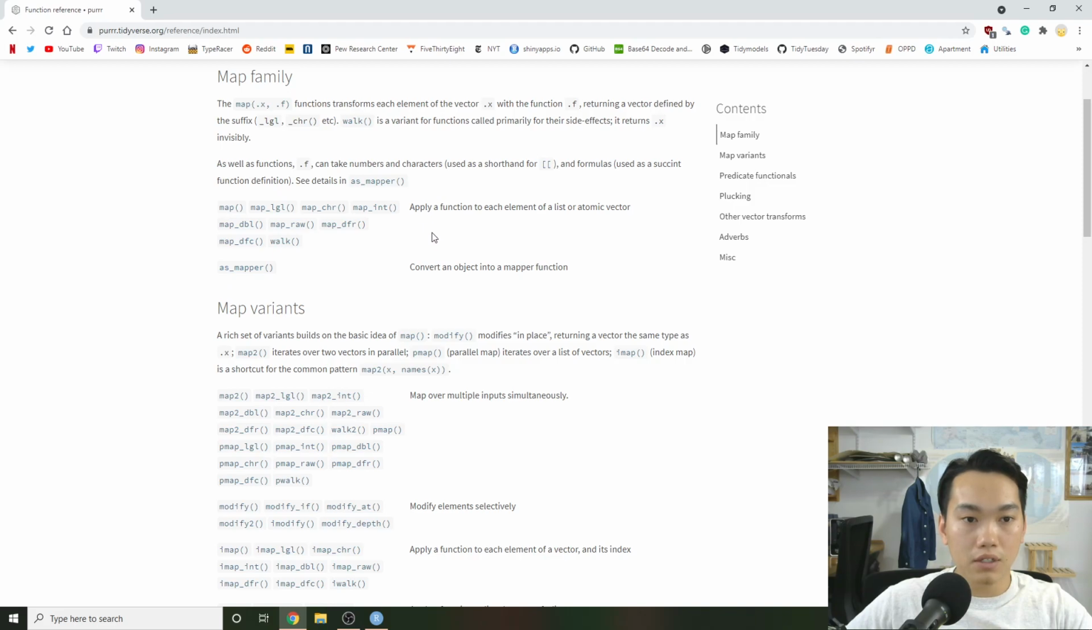With the actual map families, you can see how with map, you have map logical, character, int. These things are basically saying what we're specifying we actually want to return. So with map, that's your overall, you're not specifying what you're returning. So it could be a data frame, a number, a character, a chart, whatever. But if you want to be more specific, so you don't have to do any cleaning, you can say map integer if you're going to return a number, or map double if you know you're going to return a double. Map DFR and map DFC are data frames,